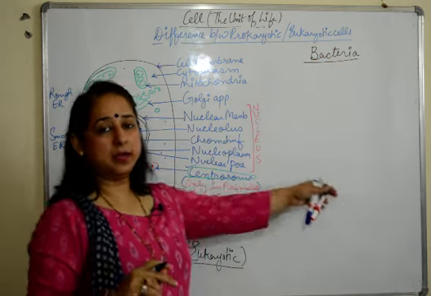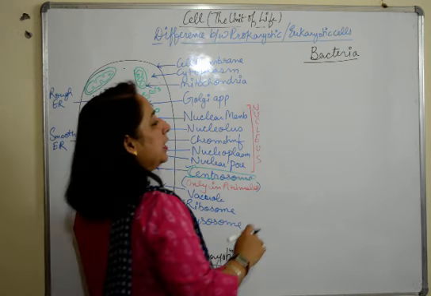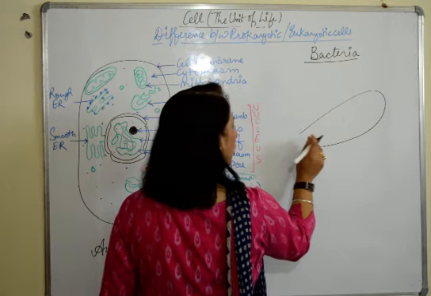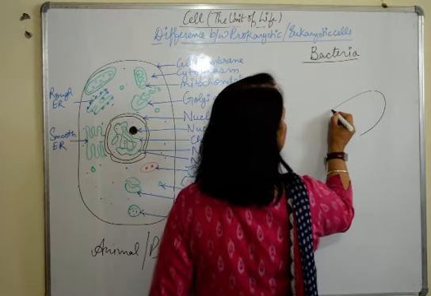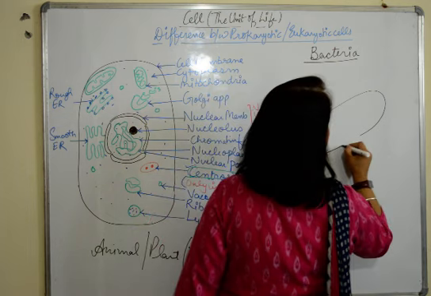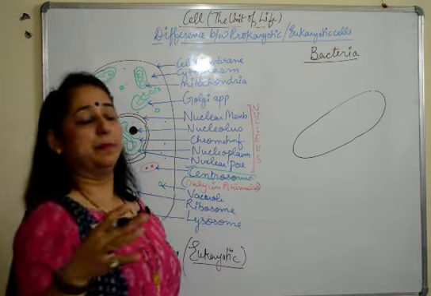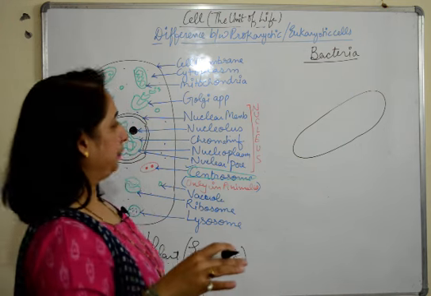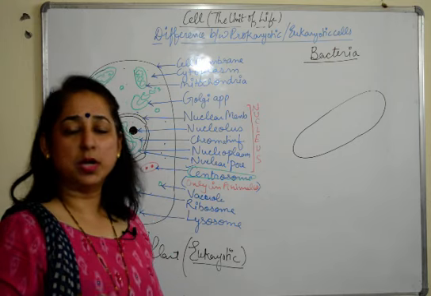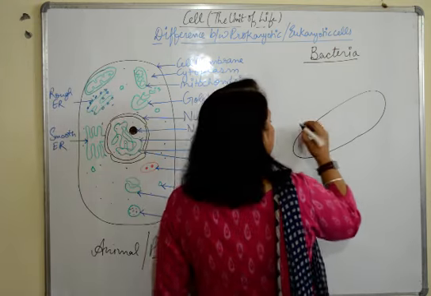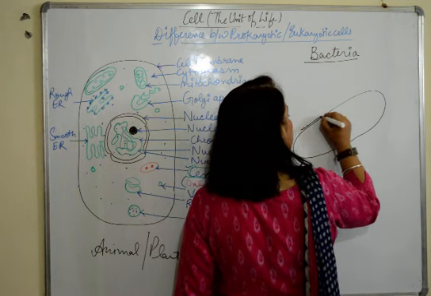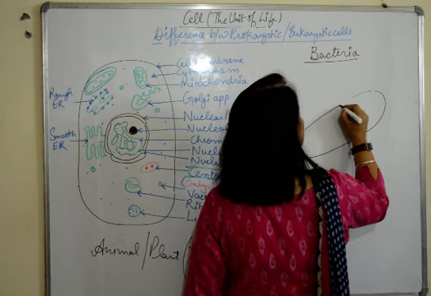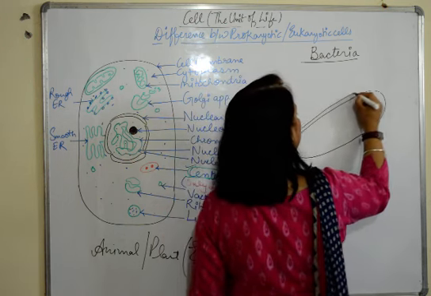I'll draw the diagram here and then we will talk about the differences. Now if you see a bacterial cell, what do you observe? Mainly, some of the bacteria have a cell wall also around them, but the cell wall is not made up of cellulose as in case of plant cells. It's just made up of maybe mucus or peptidoglycans. We will make a cell wall around here, and a cell wall around.